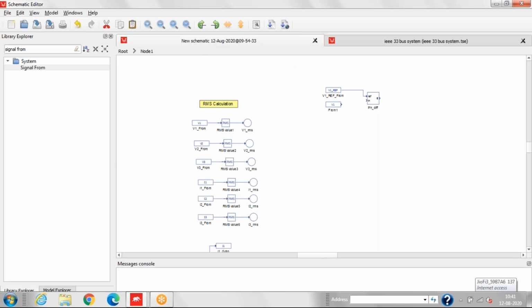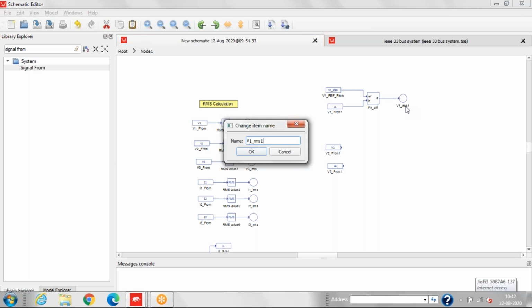Otherwise, we have to take signal from block every time and connect it and change the name. So it will save our time. So we'll delete this signal and we'll connect it here. Now we require a probe to observe the signal. So we'll copy this probe and we'll paste it here. Now we'll change the name of this probe. This is V1 phase.